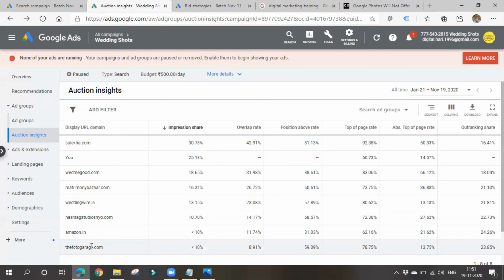If your ad is getting displayed for irrelevant keywords, add them as negative keywords. First, you will not lose your money, and then your ad will get displayed for relevant keywords only. That's how you should improve things. You have to check constantly so that you'll get some idea how to run all these things.